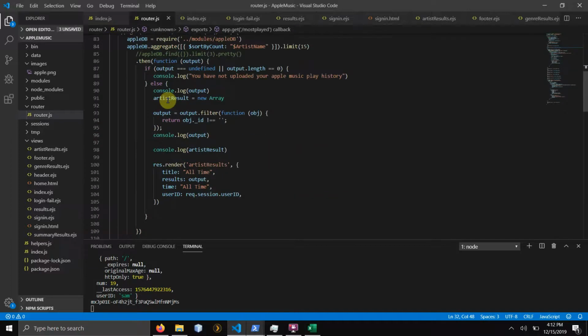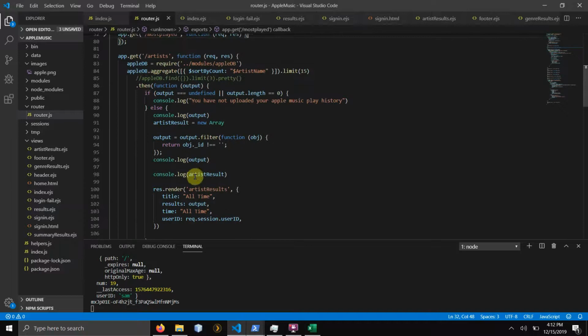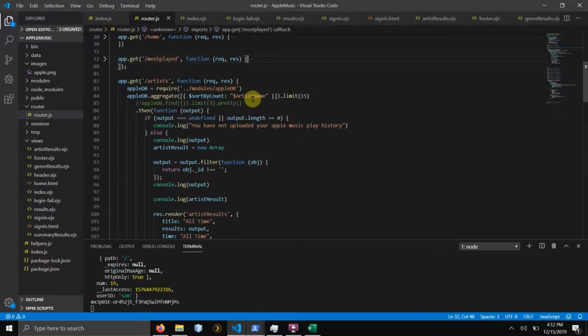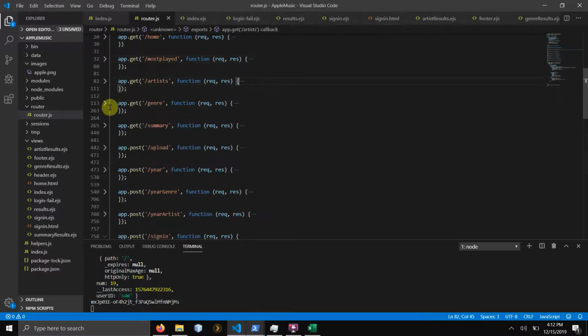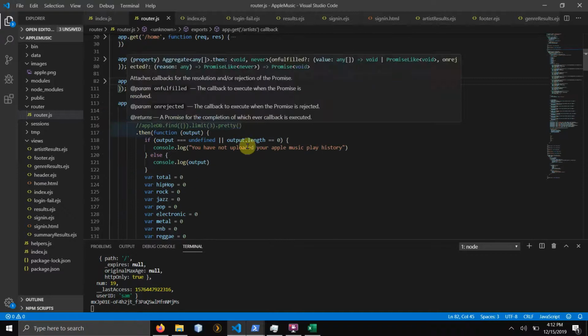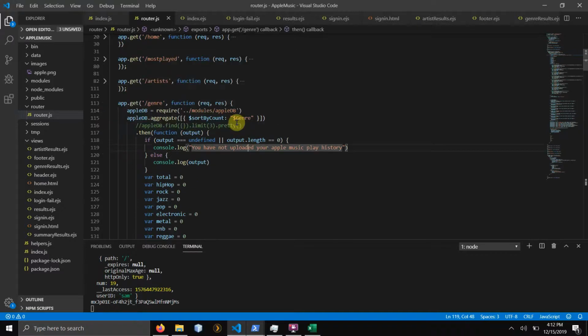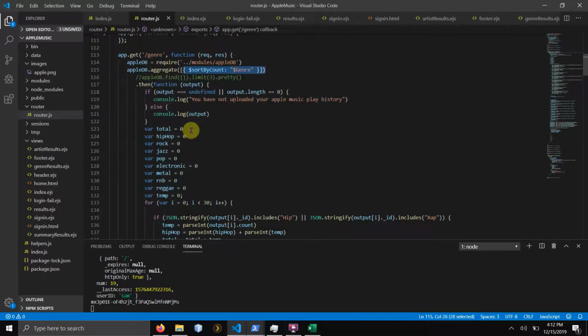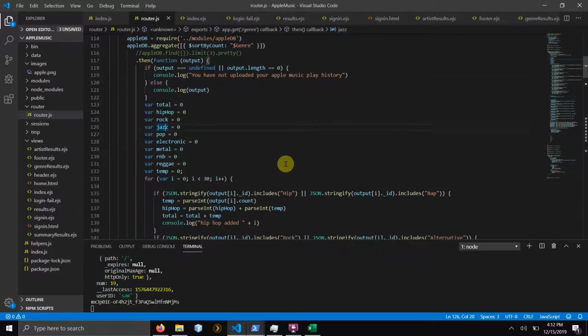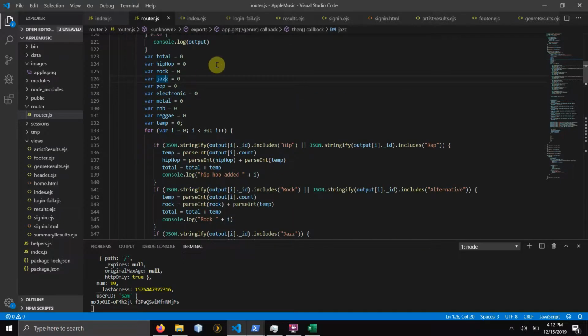artists. The artist one shows you most played artists. It searches the database for most occurrences of an artist name. The genre one's a little more in depth. It searches the database for the most occurrences of a genre. So the way this one works is I have a variable for hip hop, rock, jazz, pop, punk, electronic, metal, R&B, reggae. Just pretty popular ones, and then I used to count,